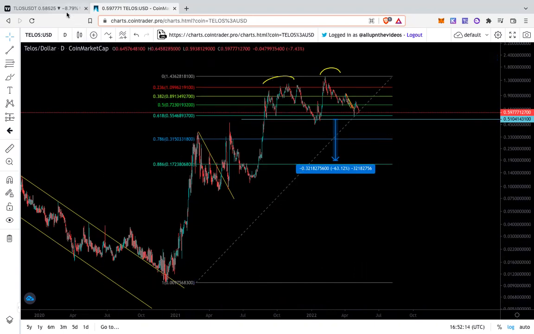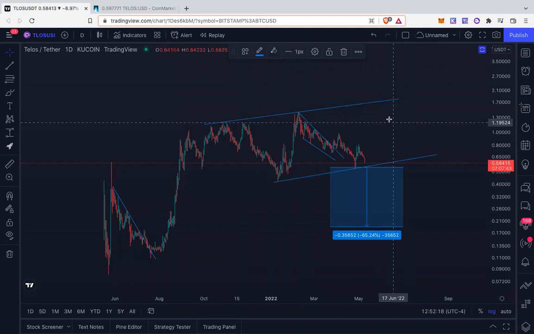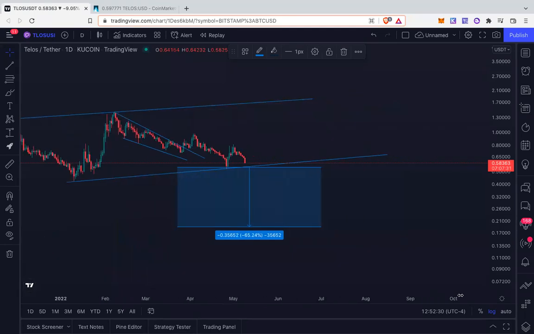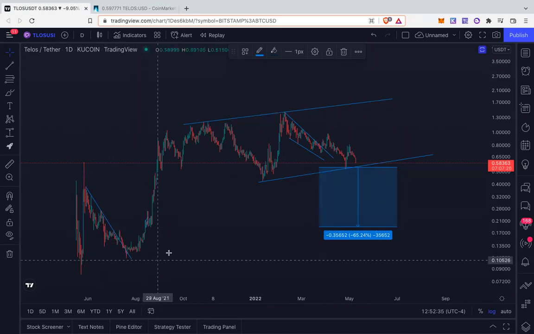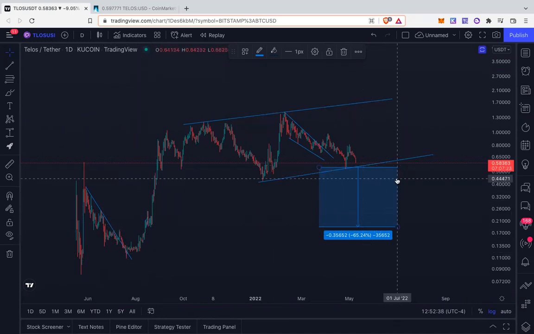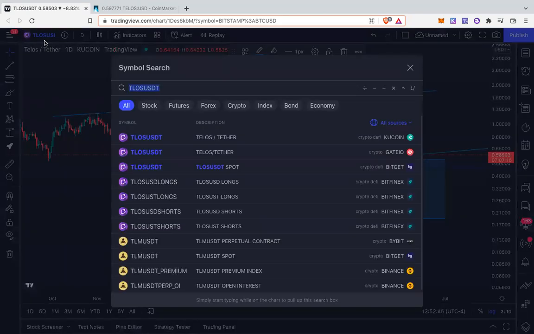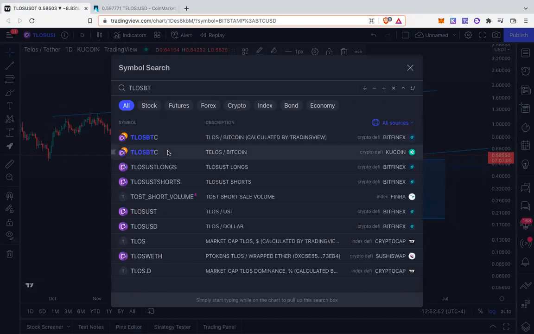I mean, a lot of these people that are buying these assets don't know about Fibonacci. They don't know about patterns. They don't know about divergence. They don't know about TA. They just know that they bought into a coin and somebody told them it was going to the moon. And unfortunately, when you have limited experience in these markets, you are the sucker and you are the exit liquidity. And I've been updating Telos actually on the BTC. Telos BTC has some bullish divergence on the daily.